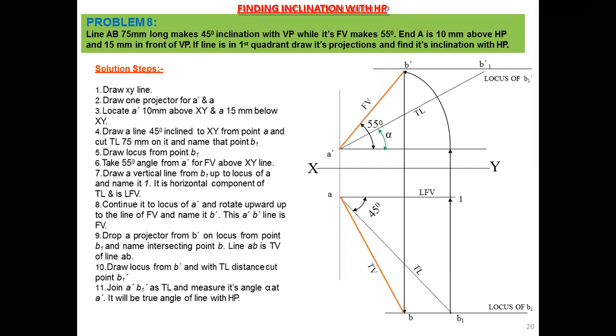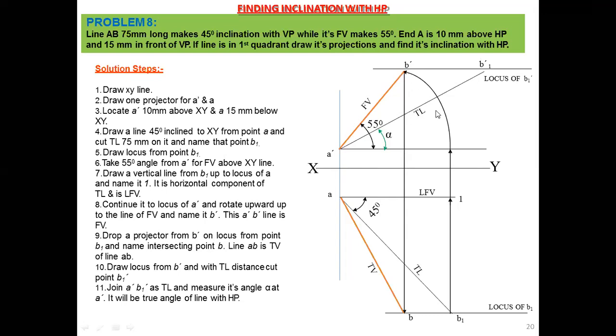Then you got the B dash, and we know one condition: the line joining B dash and B will be straight. That condition we know, right? To check whether your problem is right or wrong, B dash to B should be a straight line. That line is called the end projector line. So we got the B dash.